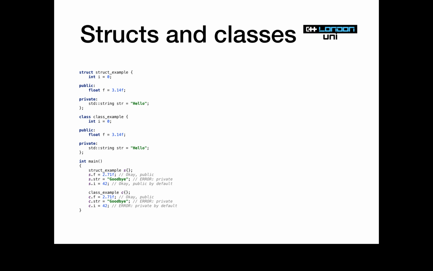But to amplify what Oliver said, if you use classes, then it means by definition that your private bits, your implementation, are private, and you have the freedom to change that as you see fit because the interface, which is public, remains the same. Can you enforce that with a struct as well? You absolutely can. You can have a private section of a struct. You can have only private members and make people access them via public functions. So it's just basically a matter of taste.